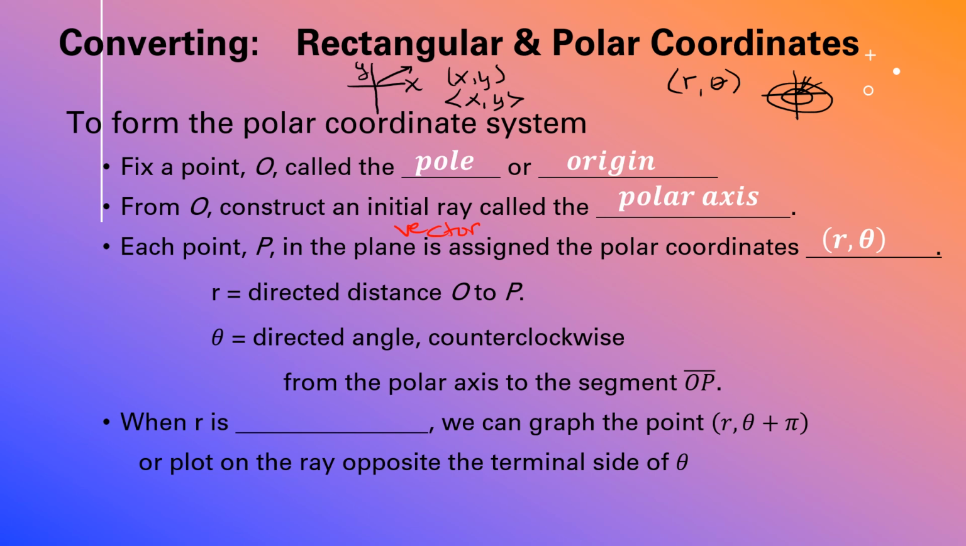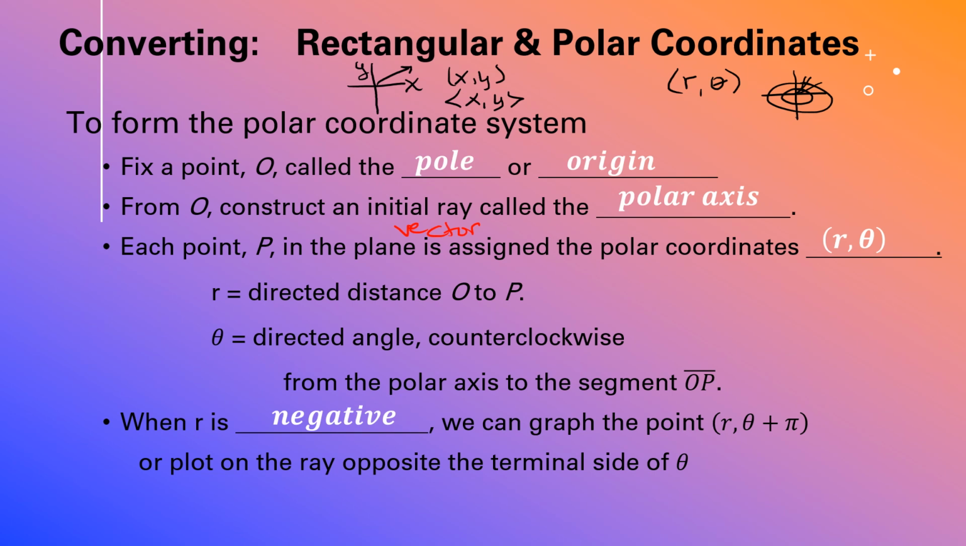And then theta is going to be that directed angle. So we're going back to direction angles, going counterclockwise, just like we've been doing since the beginning of the school year. No bearings right now, just regular angles coming off the x-axis. A couple of things that we've got to remember, super important. When the radius is negative,